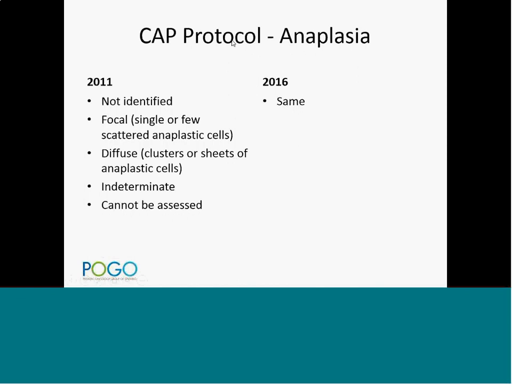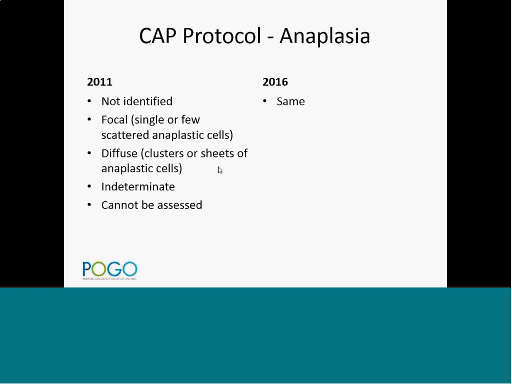So the next area I want to discuss is anaplasia. Anaplasia in rhabdomyosarcoma is definitely a recognized phenomenon. If you look at the 2011 and 2016 guidelines, the categories haven't changed. So it's either focal or diffuse. And the definition of anaplasia